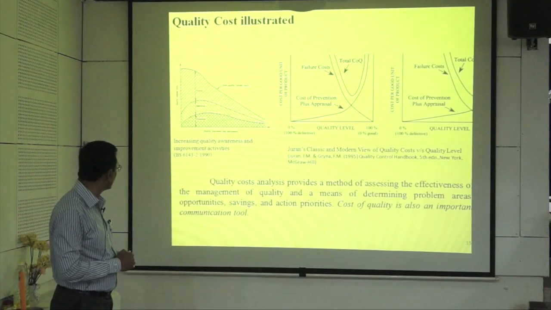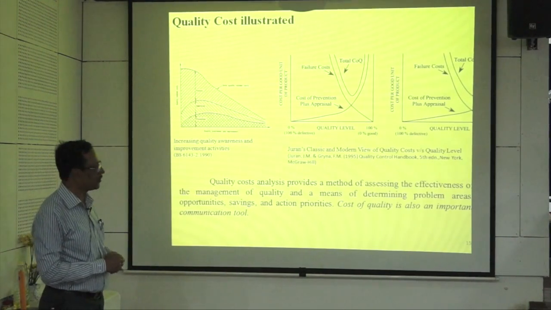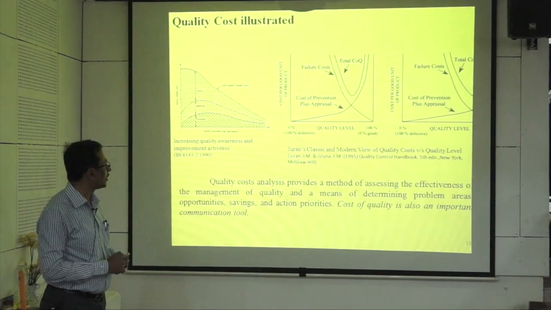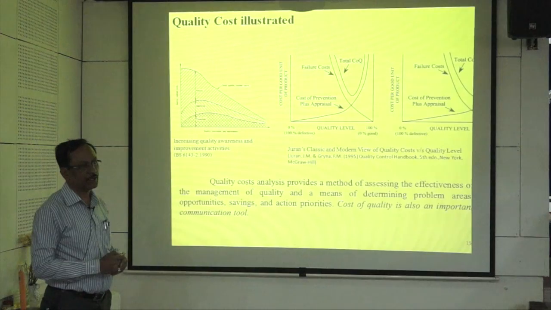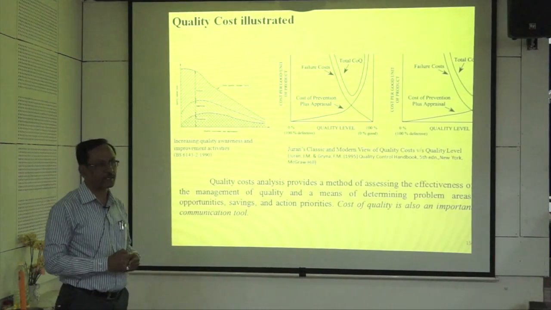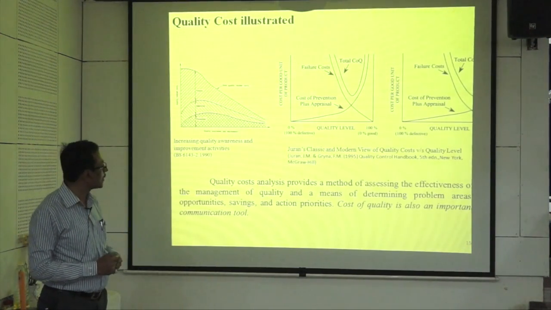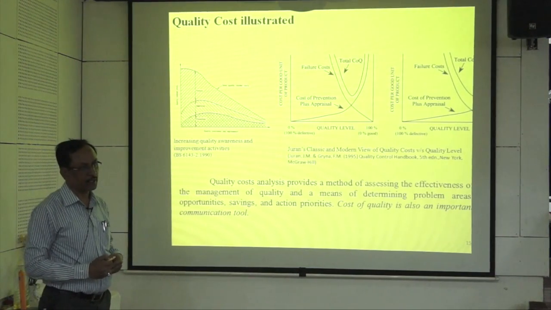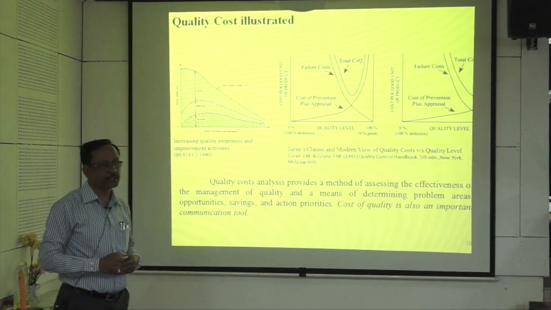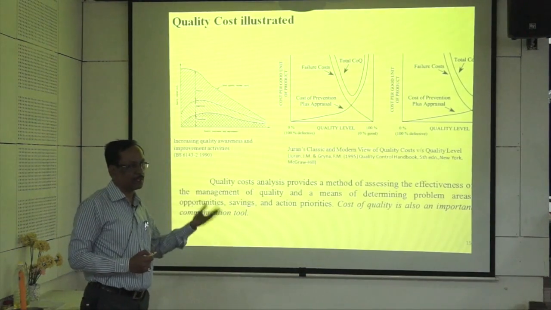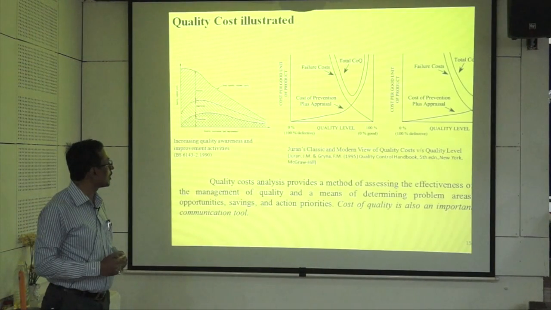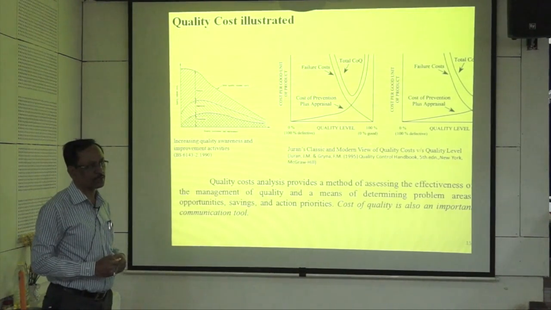So this is being given in another British standard on quality cost. And these are 2 standards. One is a classical view of cost of quality. To explain cost of quality, these 2 figures are extensively used. What does it say? It says that as the quality level increases, you will find that the failure cost will go on reducing. But how is this going to increase? By increasing the expenditure on prevention as well as appraisal activities. And there you get the crossing of these 2 curves, and that is corresponding to the total cost of quality